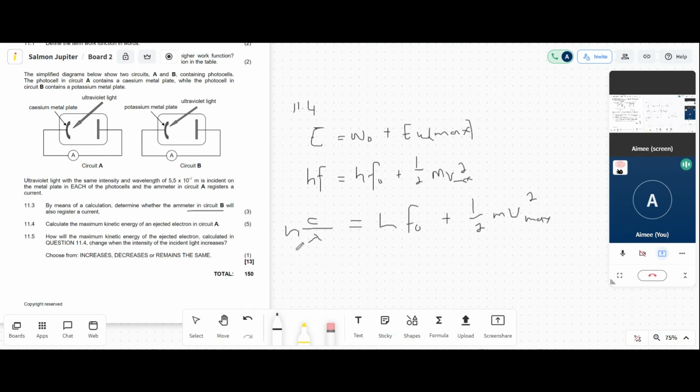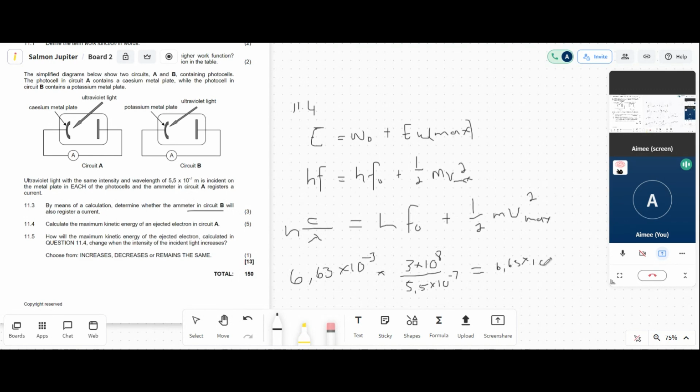So you substitute things in. Your h, or your constant, is 6.63 times 10 to the power of negative 34 multiplied by 3 times 10 to the power of 8, which is the speed of light, over your wavelength, which is the wavelength that they gave you, 5.5 times 10 to the negative 7, equals my Planck's constant, or actually I'm not sure if it's called Planck's constant, but it's the constant for this scenario,